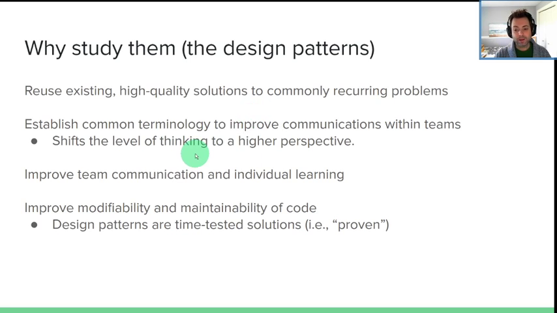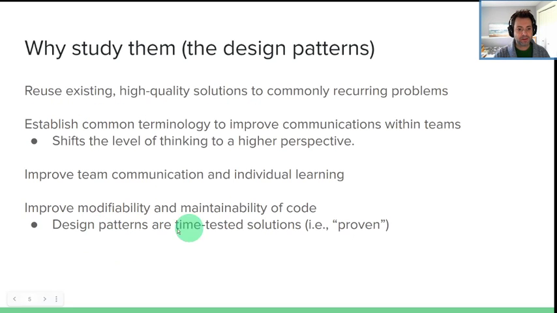But if I tell all of you to go and implement a singleton, obviously you might not know that now, but you know exactly what I will be talking about, if you learn what that pattern is. Singleton means we only ever can have one instance of a particular object. So it helps with learning, it helps with communication, and it helps with reuse, basically. And we know that these patterns are proven to work.